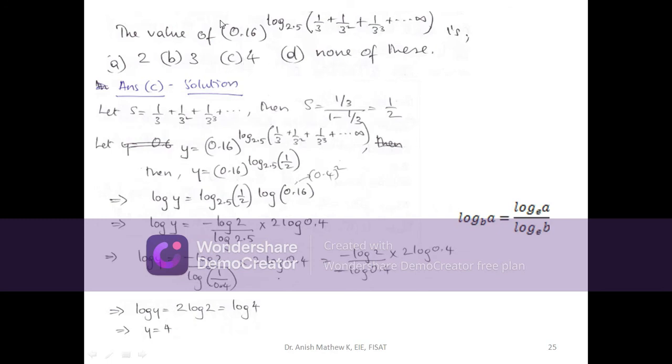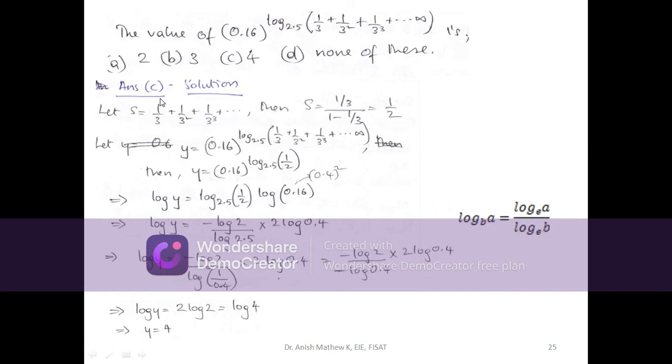So we'll look into how we have got this value. We are asked to find the value of this. Here it is not said that it is a geometric progression or arithmetic progression. It is not even indicating that it is a problem related to sequence and series, but you have to identify from the question what kind of approach you can apply. From this term you can understand that this is a sequence and series term.